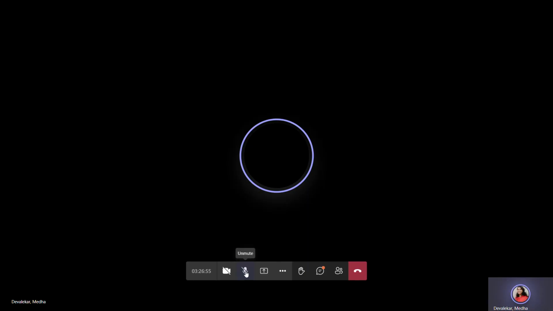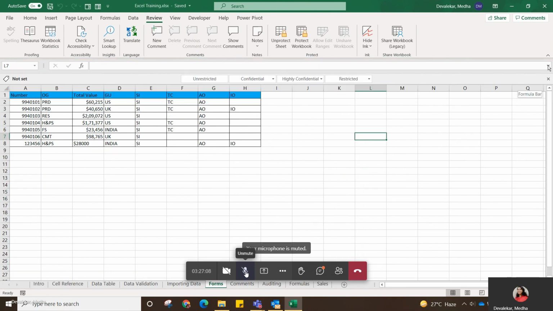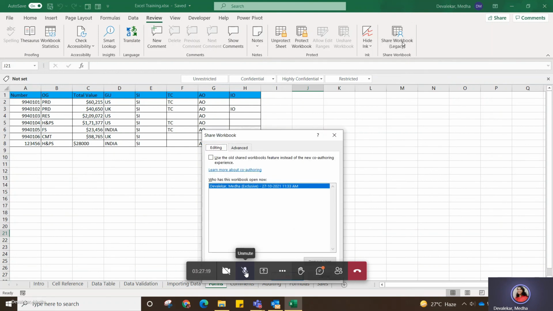So again, now you can give access to this workbook to the other users by using this share workbook option.